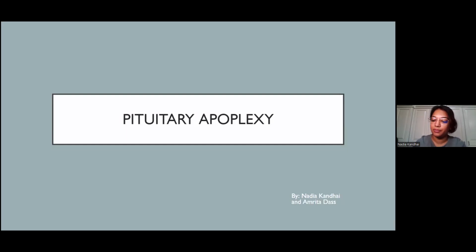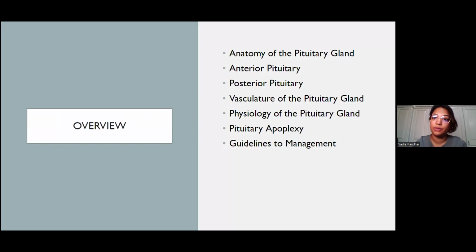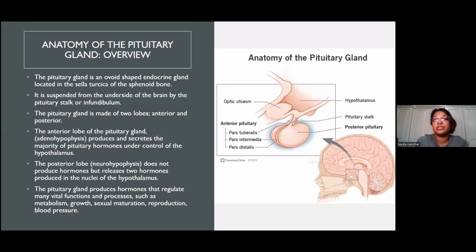The presentation was done by myself and Dr. Amrit Das. So we'll be going through the anatomy of the pituitary gland, going into details about the anterior and posterior pituitary, as well as the vasculature, the physiology of the gland, and then apoplexy itself and our guidelines to management. So we'll start off with the anatomy of the pituitary gland, which is an endocrine gland, ovoid-shaped in the